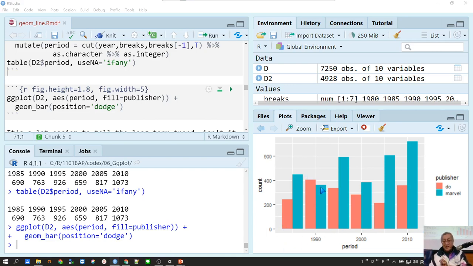So you can see the trend of DC and also the trend of Marvel, right? Okay, you can see their trend. But in order to see the trend, a line plot is better than a bar plot. Okay, so